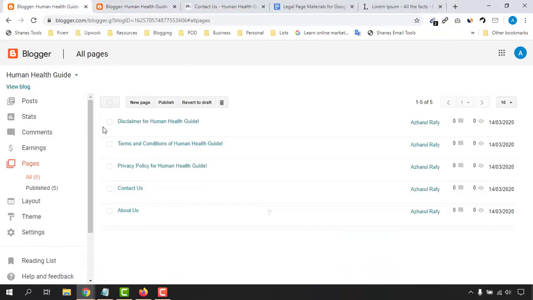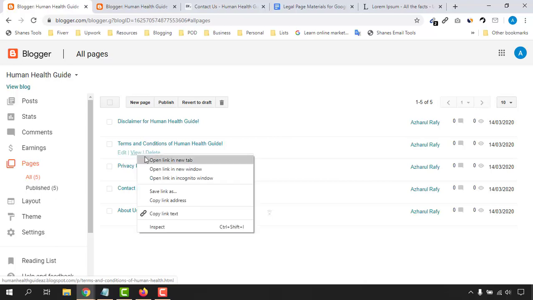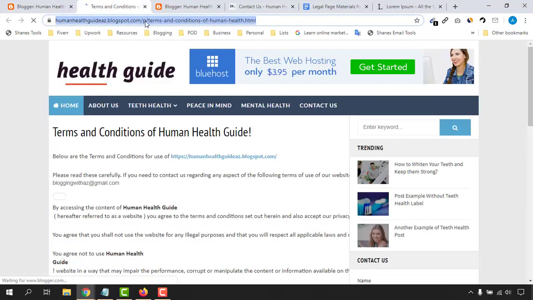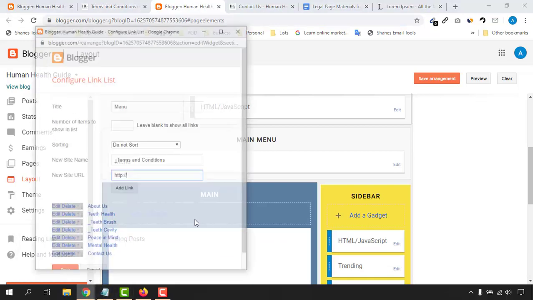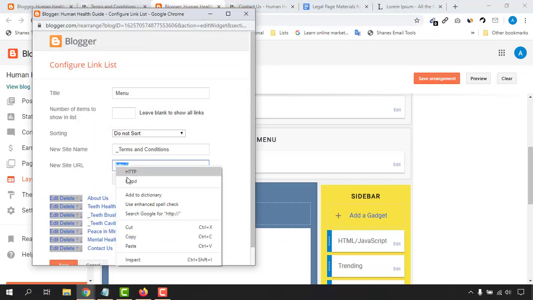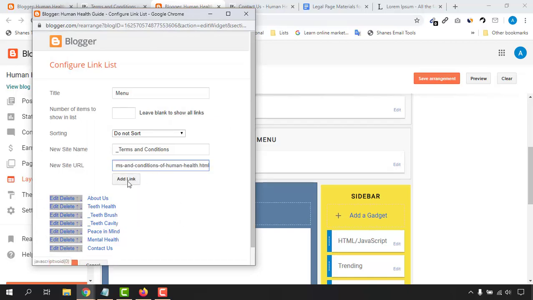I have to open this one, the terms and conditions page, and copy this one. Okay, and then I have to place the link here. Let's click on paste and click on add link. All right, and then we want to place it under about us, but we are going to do that after